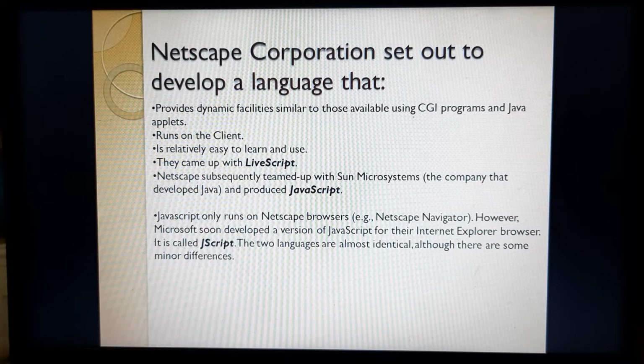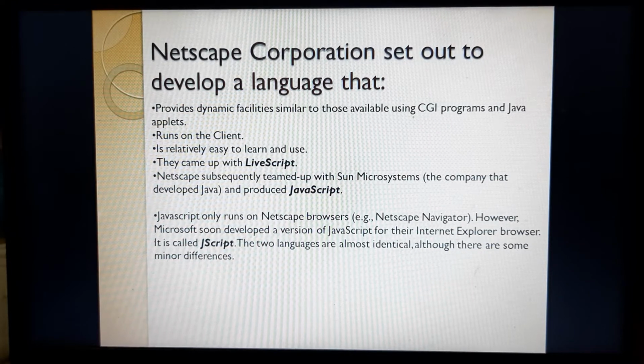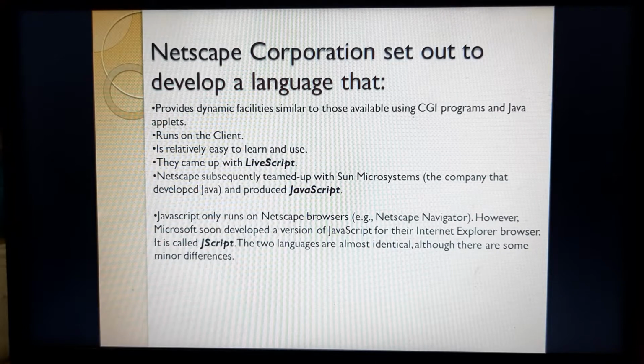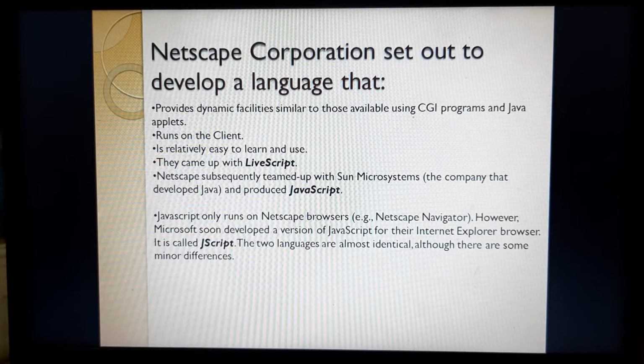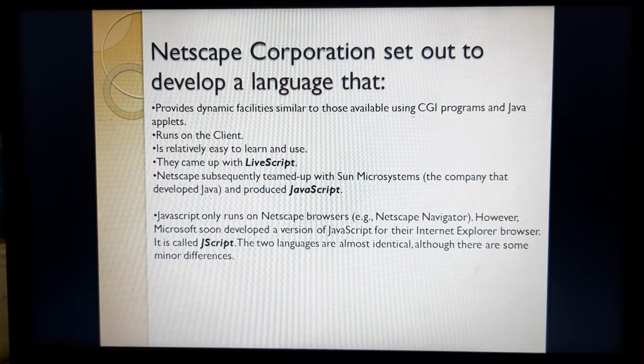Hence the Netscape Corporation developed a language that provides dynamic facilities similar to those available using CGI programs and Java applets. It runs on the client, and it is relatively easy to learn and use. Netscape Corporation came up with LiveScript.